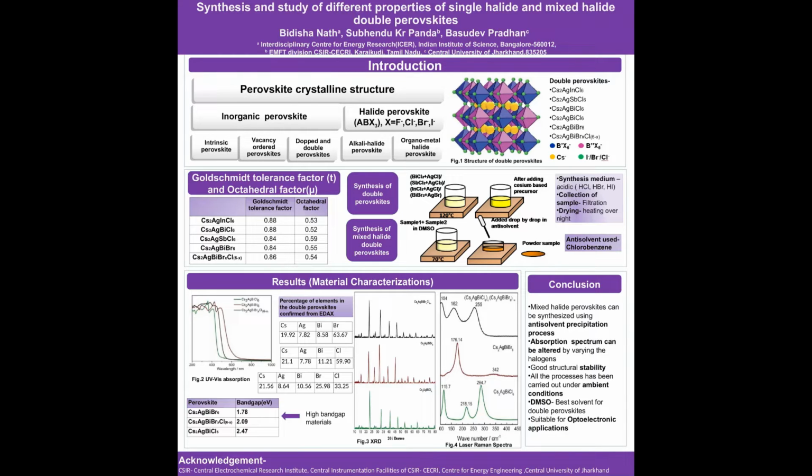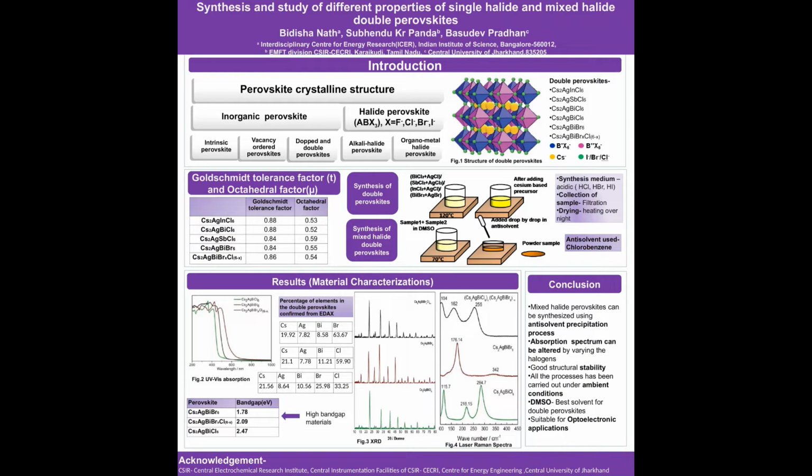Now talking about the synthesis of these materials, this synthesis is done under ambient condition by acidic solution processing. First the cations are added in the acid according to the requirements, like HCl, HBr, or HI, and heated up to 120 degrees centigrade. Then as soon as the cesium based precursor is added, it turns yellow or white according to the element precursors we are using, and thus there is the formation of the single halide double perovskites.